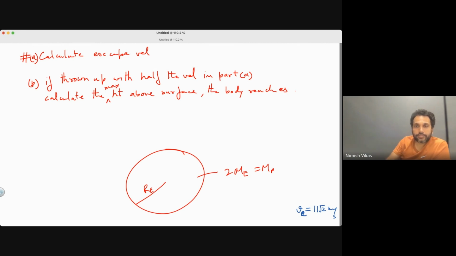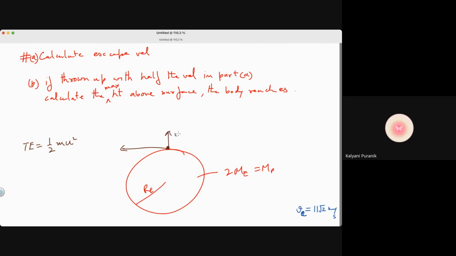Done, guys? Yes, sir. Done. How much is it? 22 kilometers per second. 22 into root 2, you are saying? Or 22 itself? I don't know, I'm just asking. Just 22, sir. Okay, so guys, you can do it two ways. One by basic, by writing the total energy over here. Total energy over here will be half m u square, where u is